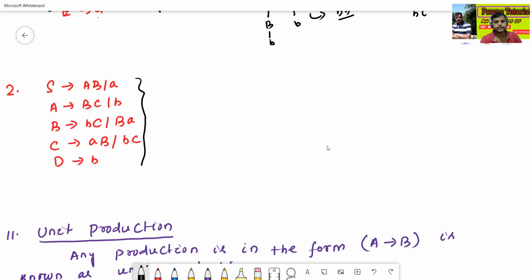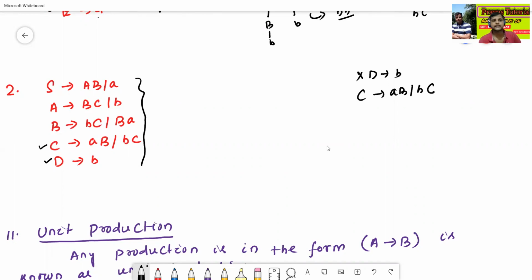See here, D to B is a useless variable, because D does not take part in the derivation process, since no production contains a non-terminal like D. Now we'll check C to AB or BC.